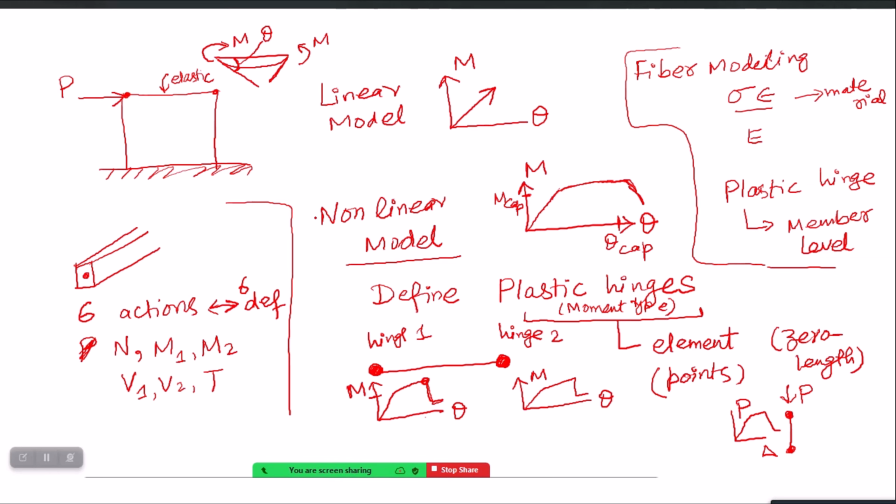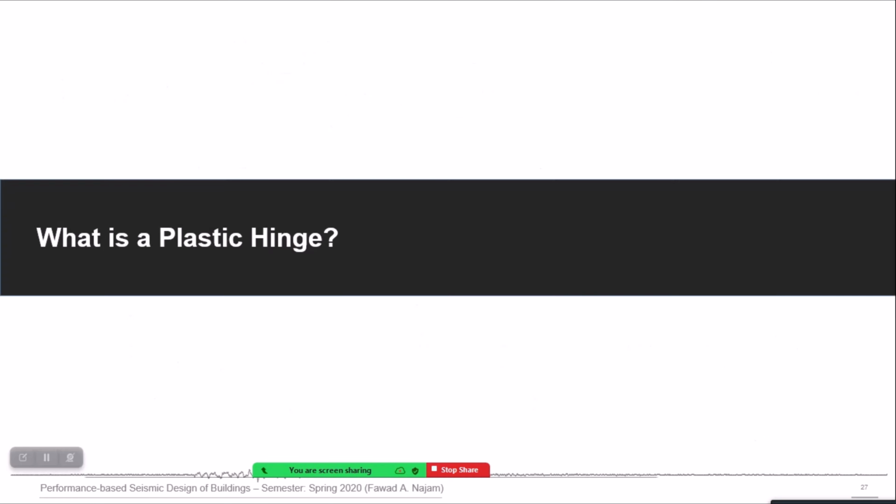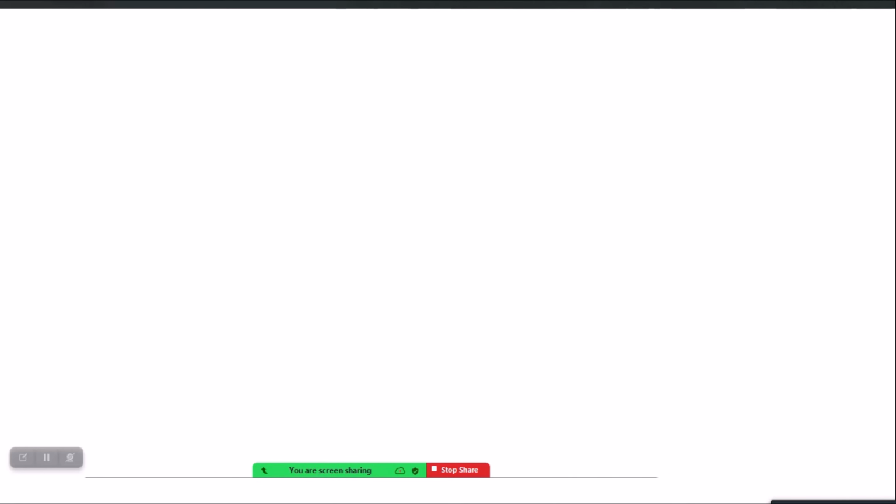In that case, the input required for that particular hinge will be shear force versus shear deformation nonlinear behavior, just like moment versus rotation nonlinear behavior. So I can summarize this whole discussion maybe here, that you have 6 actions versus deformations for a frame element, three-dimensional frame element. 6 action versus deformation relationships,